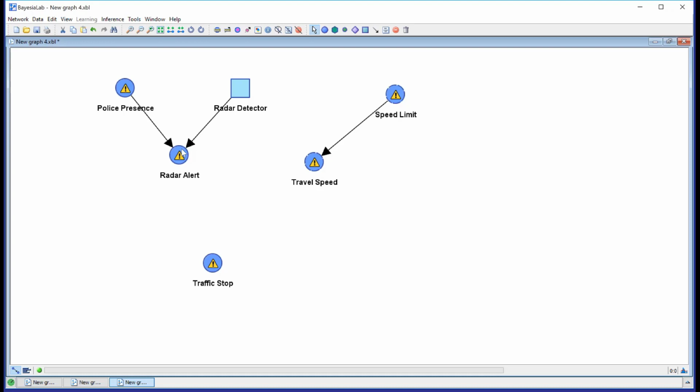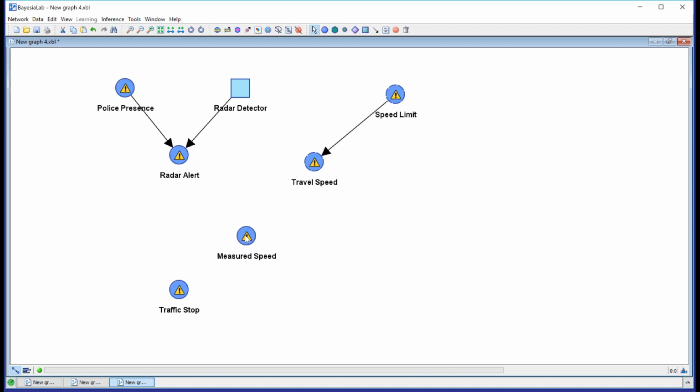Okay, so now how does this continue? Well, what happens if we do get a radar alert? I would argue if we get a radar alert, we will adjust our speed and potentially deviate from our original travel speed. So I'm creating a new node that's called measured speed.